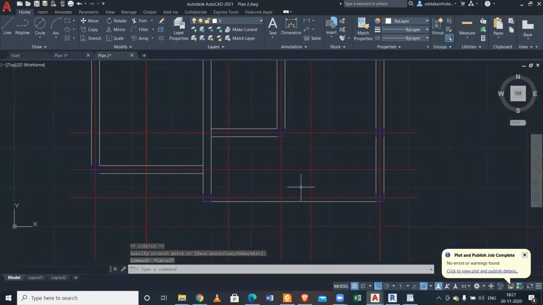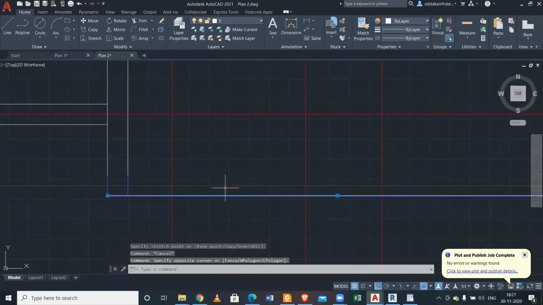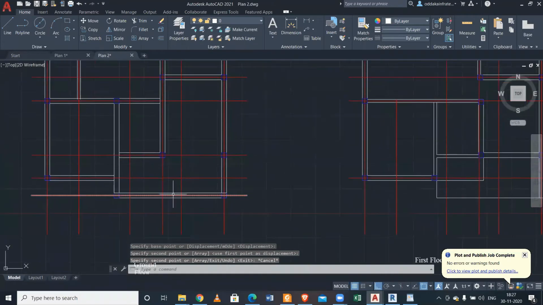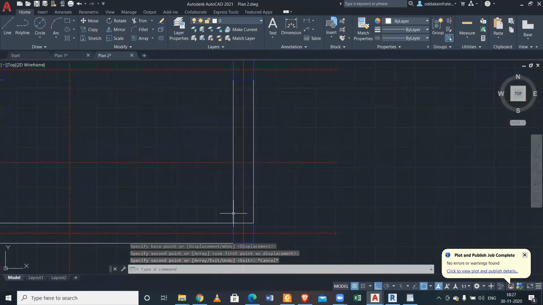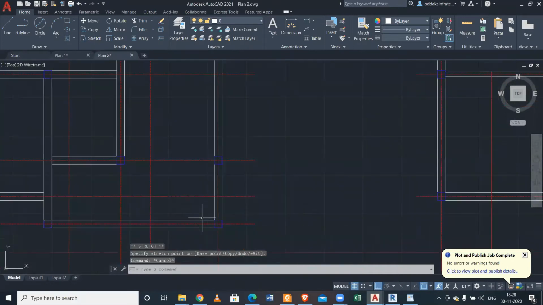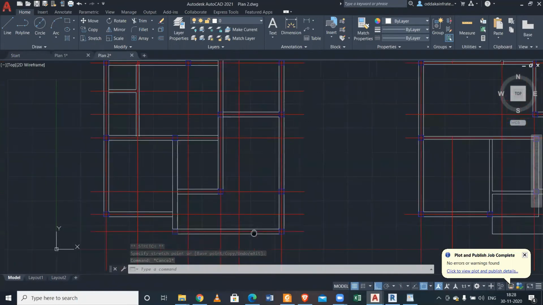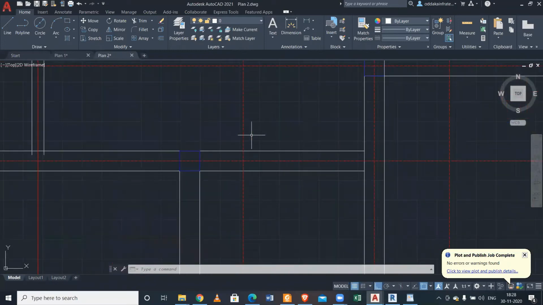Move it here, and then just move it here. So this is it. This thing also you missed.